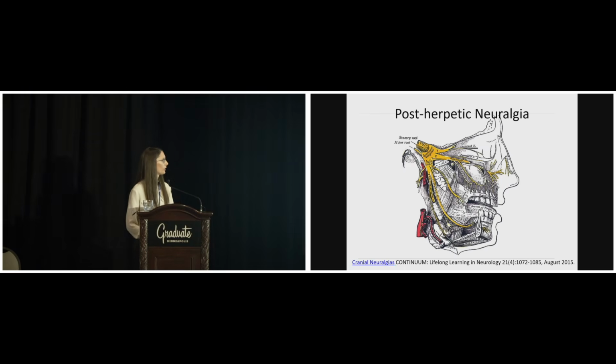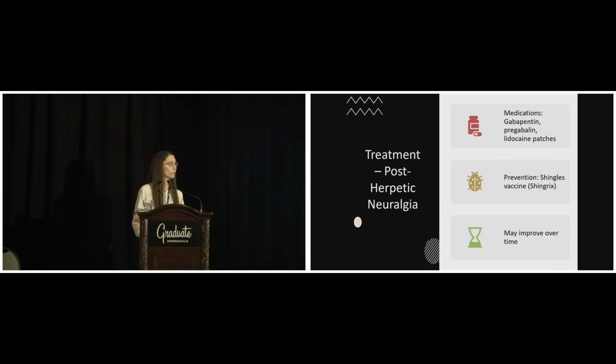Here's another look at the trigeminal nerve. You can see the ganglion there. The ganglia is just where all the nerves come together. This is where that virus lives in our body and then it reactivates when we have the shingles. So the treatment, and what's important, is that people get vaccinated against shingles. Even if you've already had this happen, it's still recommended you get vaccinated against shingles.